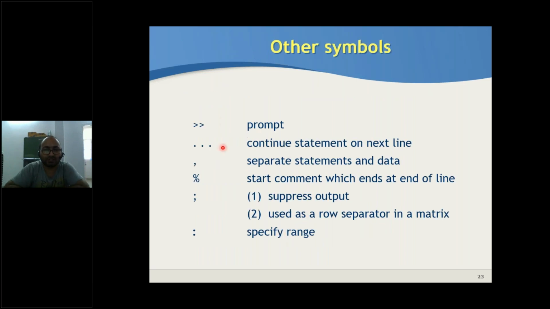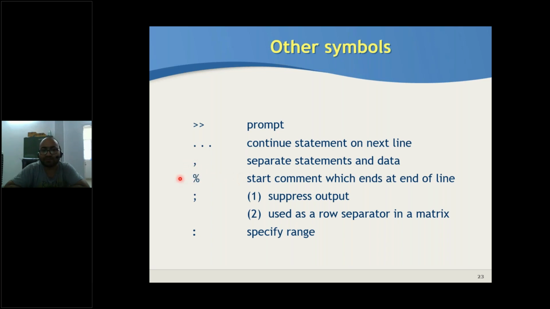Now, these are the general symbols which we can see in MATLAB. As we have already discussed, this double arrow sign will display the prompt. Three dots give the information to the compiler that the current statement is in continuation to the next statement, so continue the statement on the next line. Comma separates statements and data. If you want to add different information in a single line, then you can separate it with the help of this